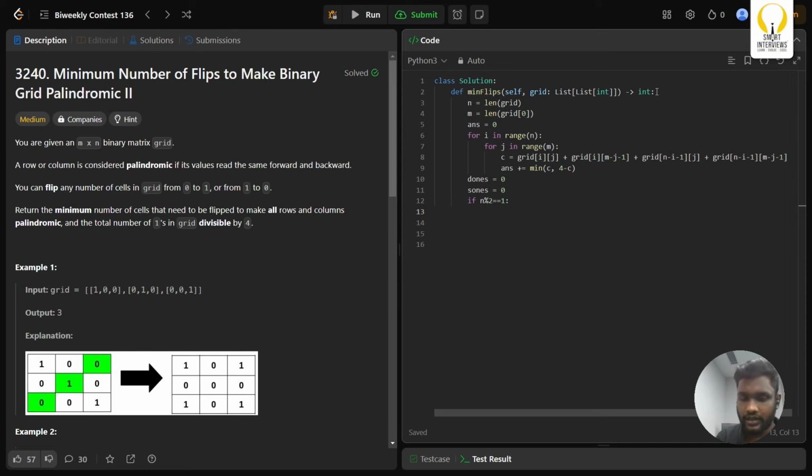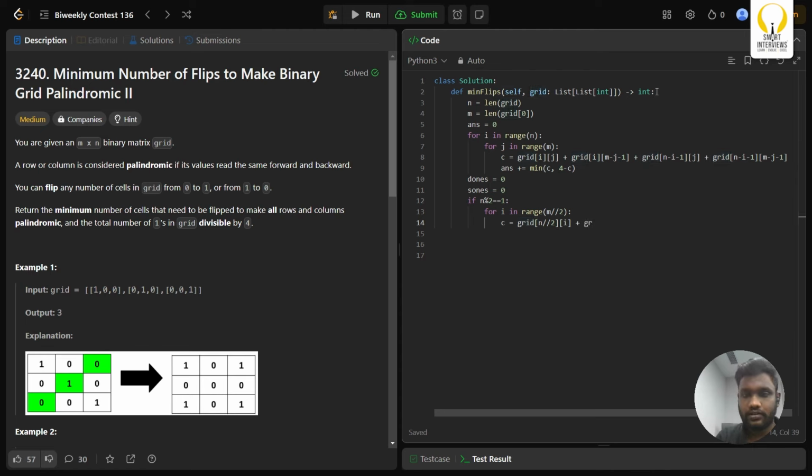So here again we'll calculate the count of ones for each row. For each element in the row, the row is fixed, for i in range half of the columns, so m by 2. If the current row element, that is the n by 2 row, the ith column element in the current row, we'll just have count equals to this,